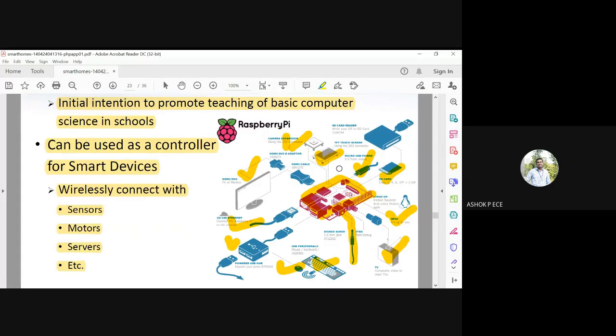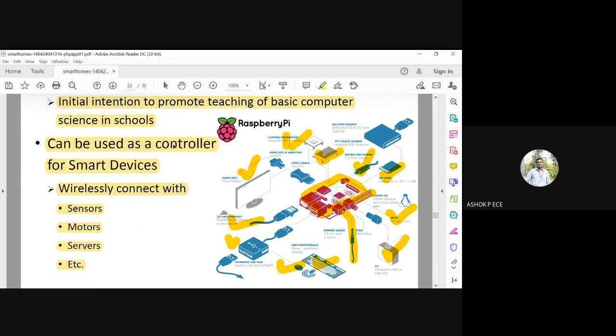Sometimes you want to capture images of people, so you can use only the camera. It is not like all the features have to be used, but the Raspberry Pi is a very common processor which has all the basic interfaces required for you to develop an application. I'm not going in depth into Raspberry Pi. I'm just discussing what features it possesses.